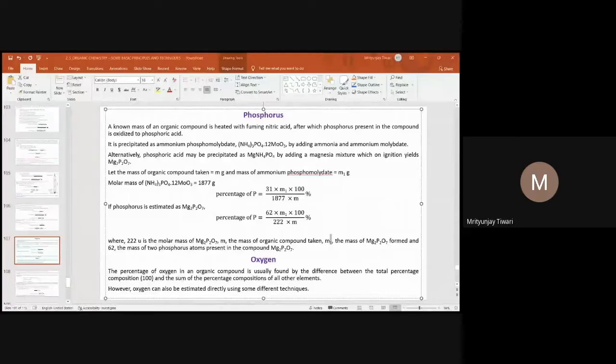So 88 gram of carbon dioxide is obtained, and one can measure the mass of this carbon dioxide, as you know, if you collect it over KOH solution and all. So if you know the mass of the CO2 produced, we can calculate the mass percentage of oxygen directly as well. So thus 88 gram of carbon dioxide is obtained when 32 gram of oxygen is liberated from the organic compound. And if this is liberated from the organic compound, then